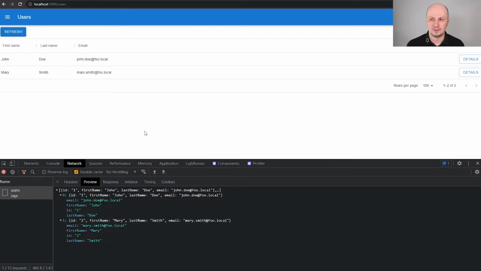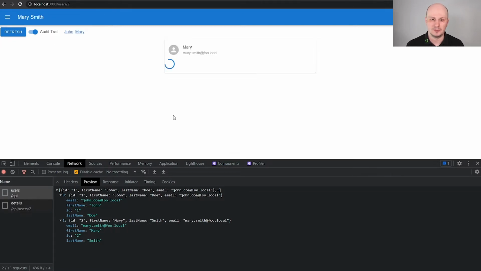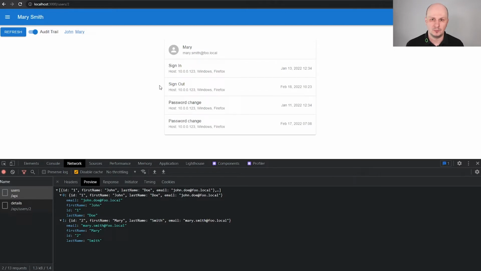But in this episode we have a new page, the details, where we reuse data from the previous API, where we display the first name, last name, and email of the users.